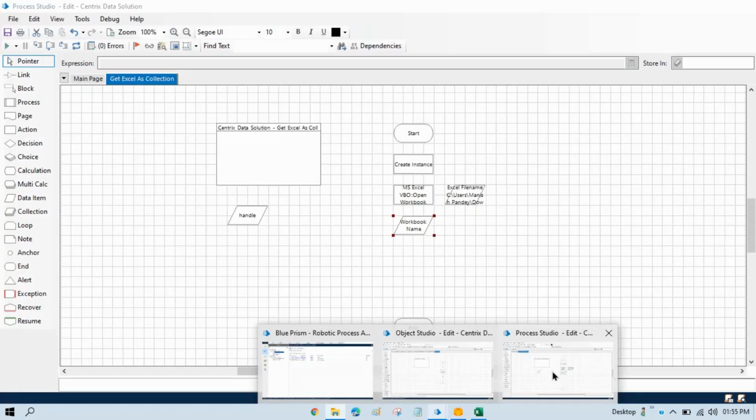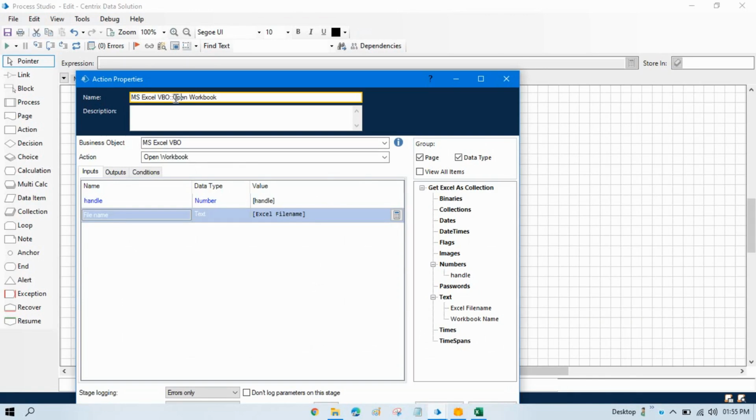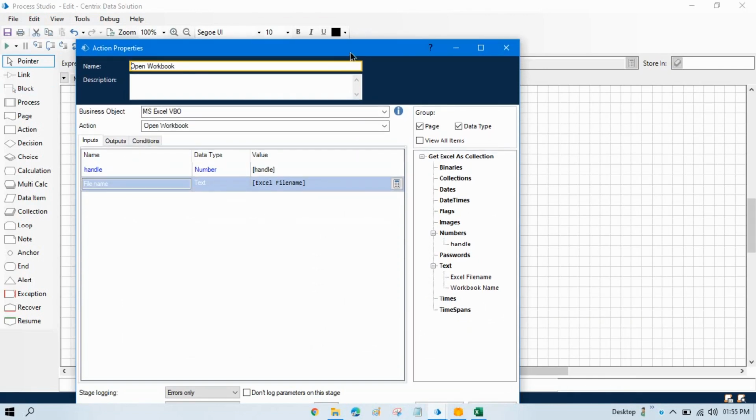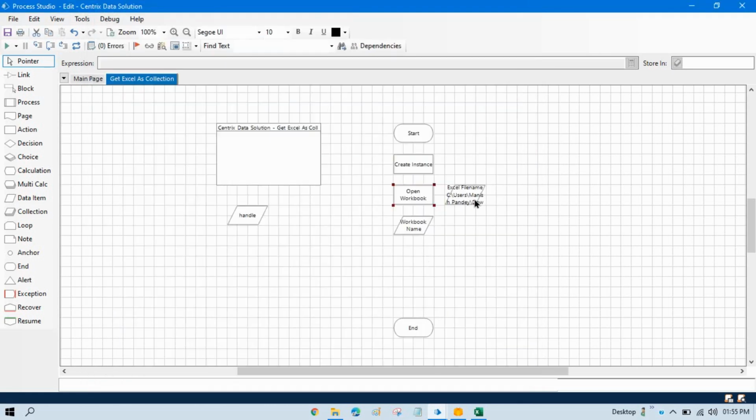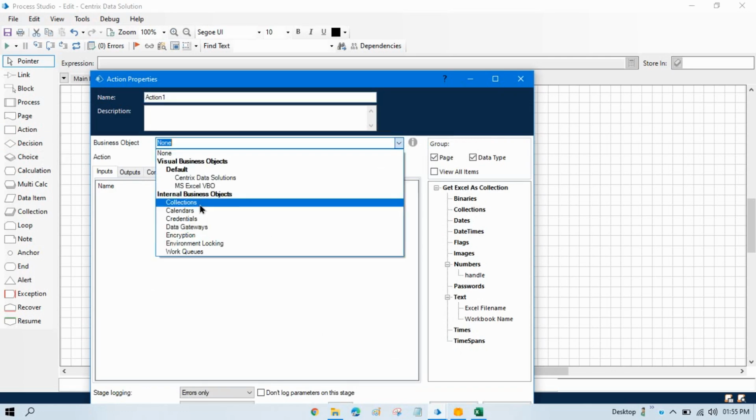Now just delete this unnecessary text, click OK. This is our data item for the Excel file name, and now this is the data item for workbook name. Now after opening this workbook name, we have to take one more action, that is for